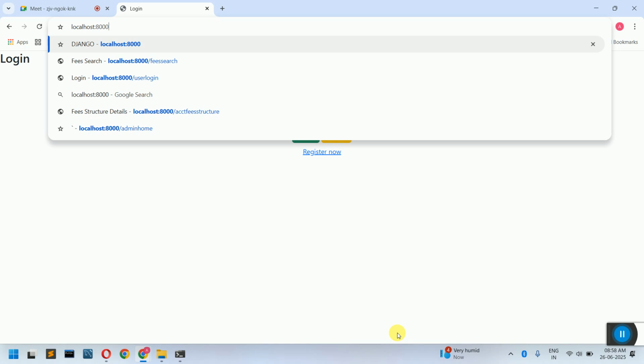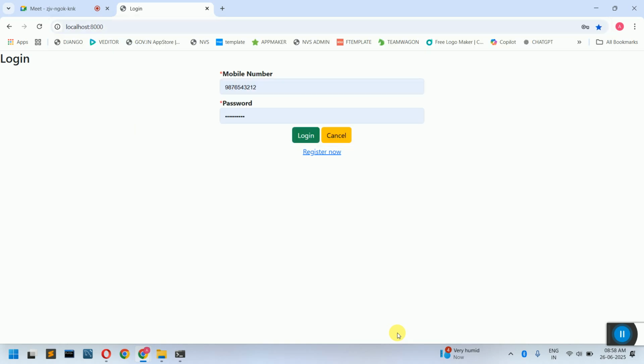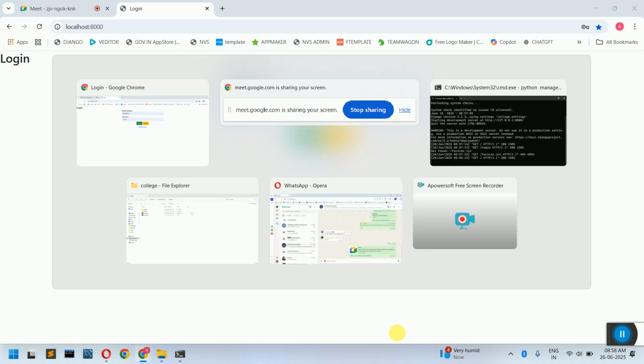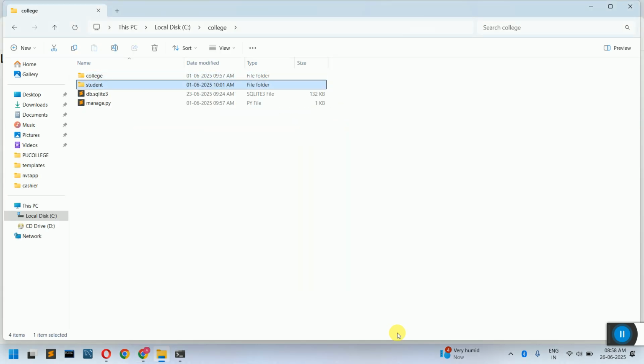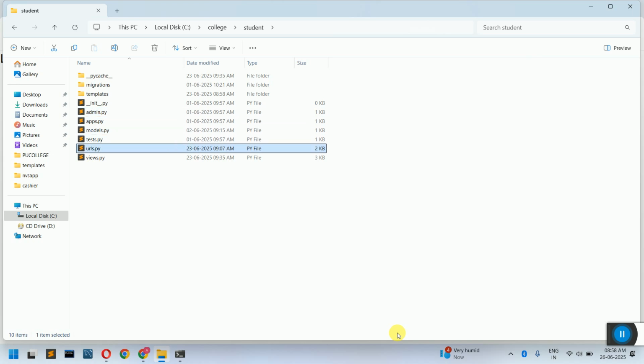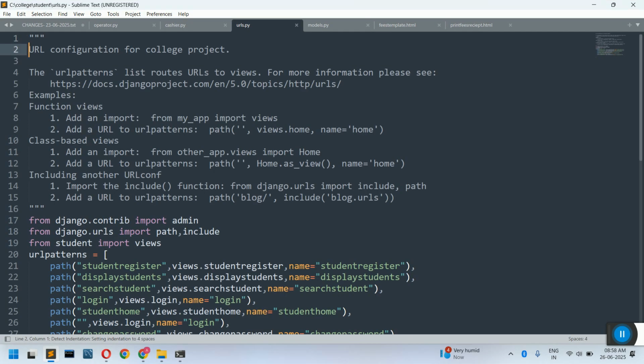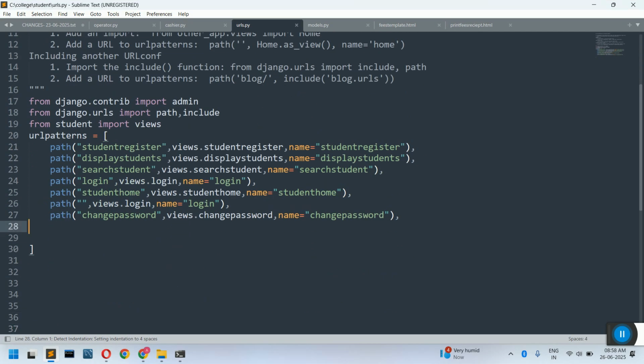Localhost colon 8000, always open this, and if I press enter I should get the login page. So for that we have done one change in the urls.py of the application. In urls.py, what we have done is we have created a double quotation open and close, with nothing in it. So this will make sure that when you don't type anything except localhost colon 8000, it will by default open